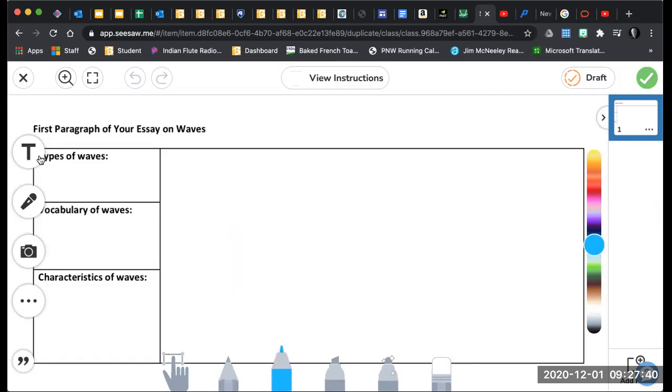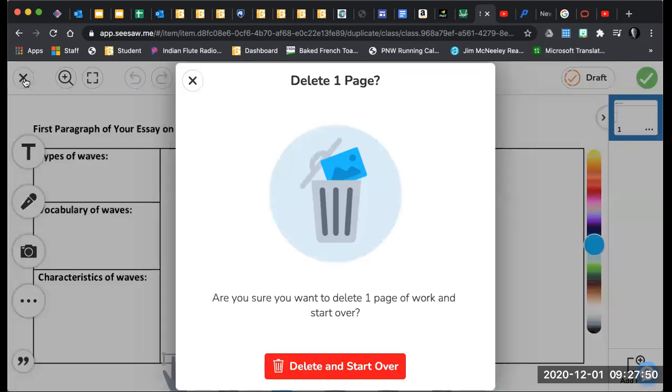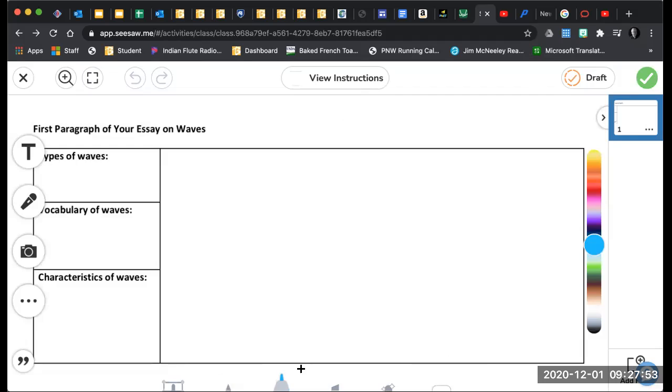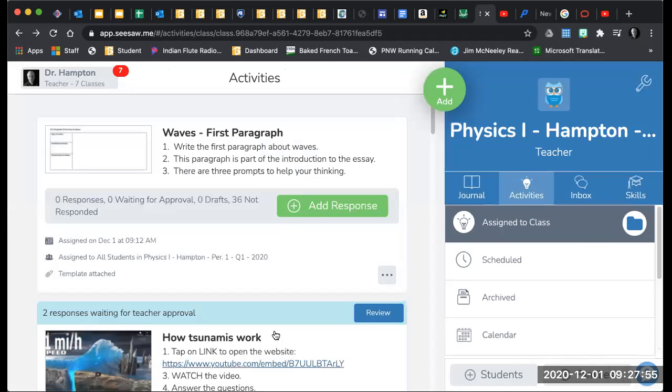So you should do this as a text, okay? And just put your block of text in the open space, and then save it so that we can use it later when we go to construct the entire essay in Google Docs. So that is what you're up to today. Enjoy our little discussion on